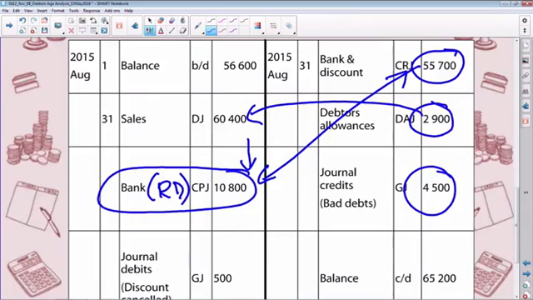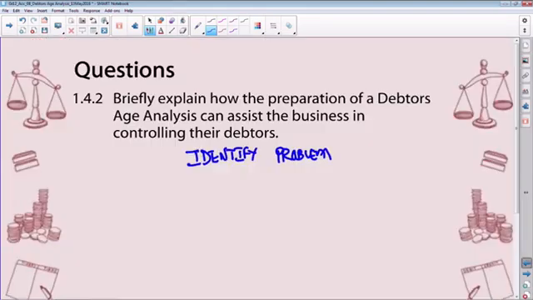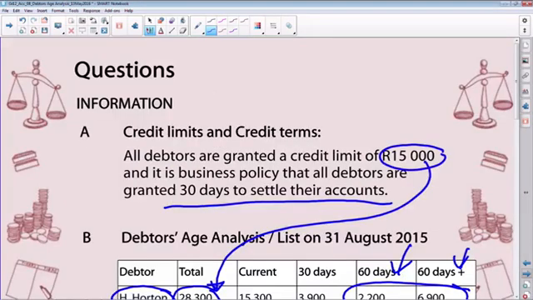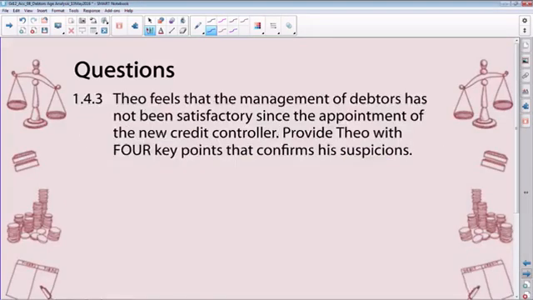So all of these would definitely point in the direction of what we were referring to, as to whether the appointment of the new credit controller was the right decision or not. Clearly, from the information that we have, it was not a wise decision, and therefore maybe retrain the credit controller or move him or her to a new department, but make sure that your